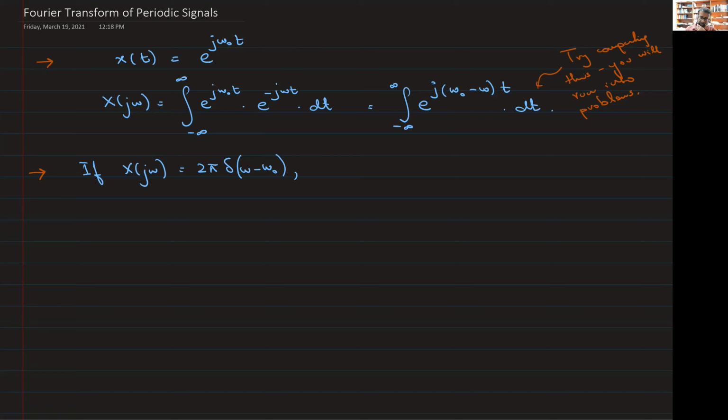So if X of j omega is 2 pi delta of omega minus omega naught, the question is, what is x of t? Now we're talking about a Fourier transform which takes on this delta-looking expression. At omega equals omega naught, there's an impulse of height 2 pi, meaning the area under it is equal to 2 pi. In order to determine x of t, I will just apply the definition of the inverse Fourier transform. x of t equals,